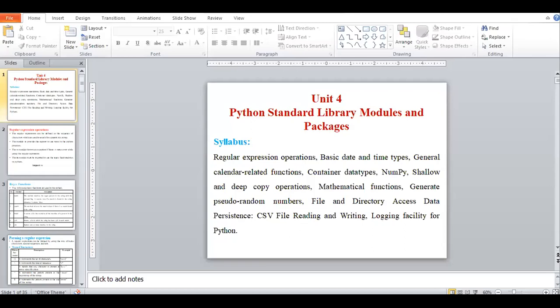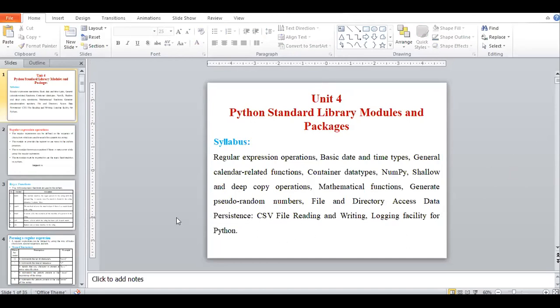Ma'am, I have sent it on the WhatsApp group. Yes, yes, I got it. I will give you the time. If you don't want to perform the operation in between the lecture, you have to tell me. I will not give you time actually. We are covering the next points. So okay, from the next lecture onwards I am not giving any time to perform the Python program. I will just explain, show the program and execution, and move to the next point. Okay.